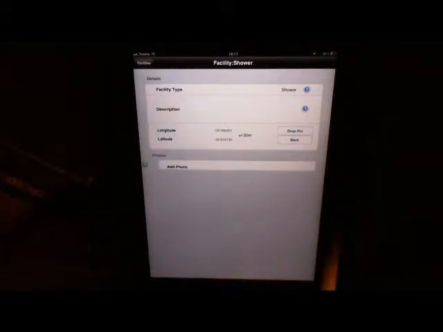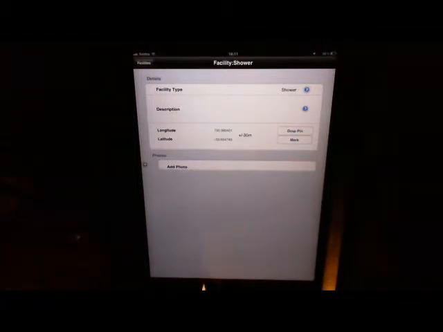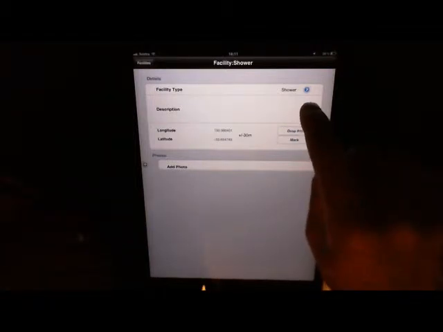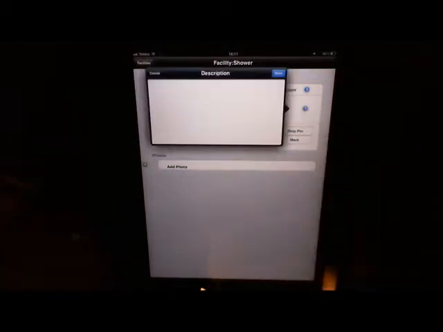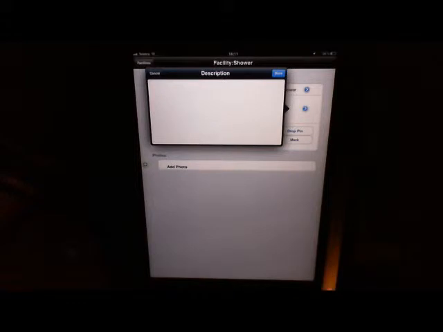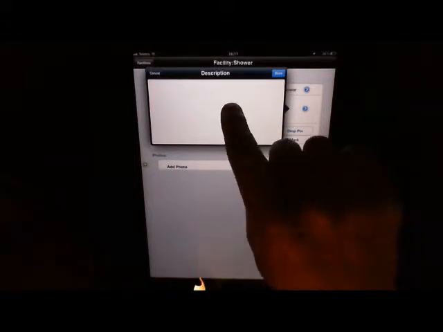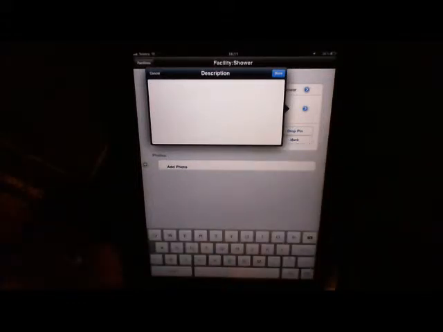And this is our facilities auditing form. So it's a fairly simple form. There's only 3 more fields to fill in. The first one is the description. So to access that I hit the blue arrow button, and that brings up a description text area, and I just tap inside that to bring up the keyboard, and I'm just going to type in a description of the